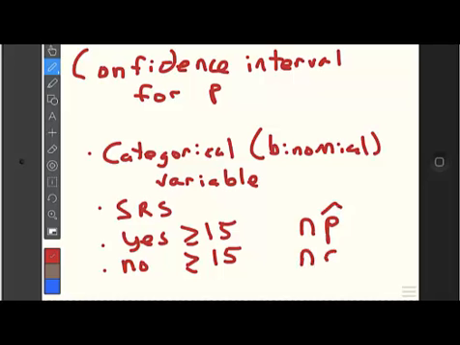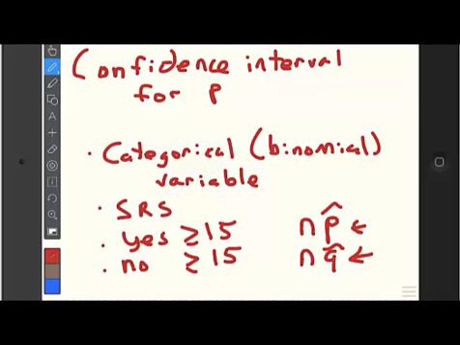n times q hat. So if you had 100 people in your sample and the sample proportion was 0.4, then 0.4 times 100 is 40. That would be the number of yeses. So the number of yeses is equal to n p hat, and the number of nos then would be n times q hat. I prefer the yes and no, but you'll see plenty of text and things that will state it